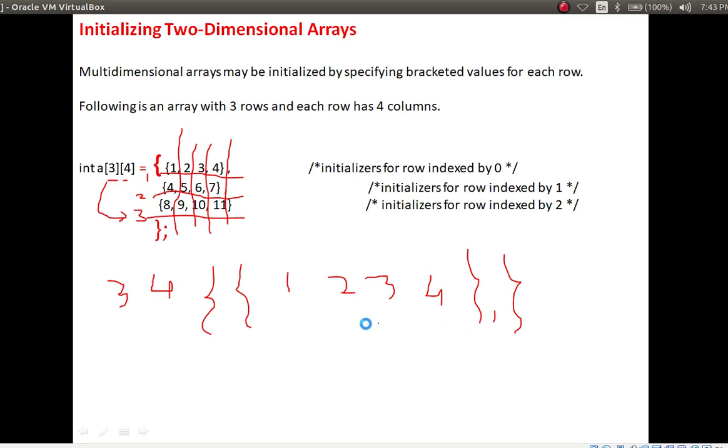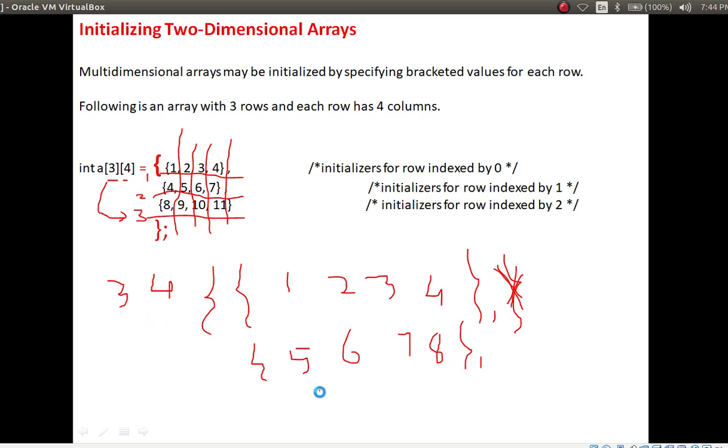Then the second one: here we have to start writing 5, 6, 7 and 8. This bracket will not come; it will come at the end of the array. Now the second row is over, then comma, close the bracket and then put a comma.